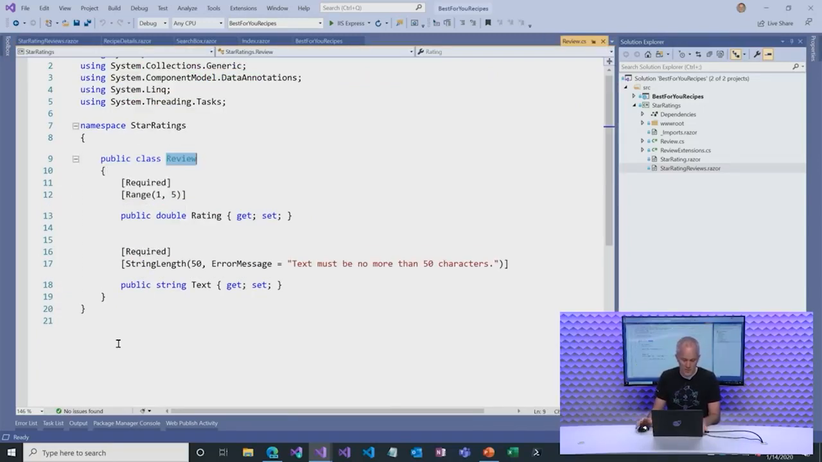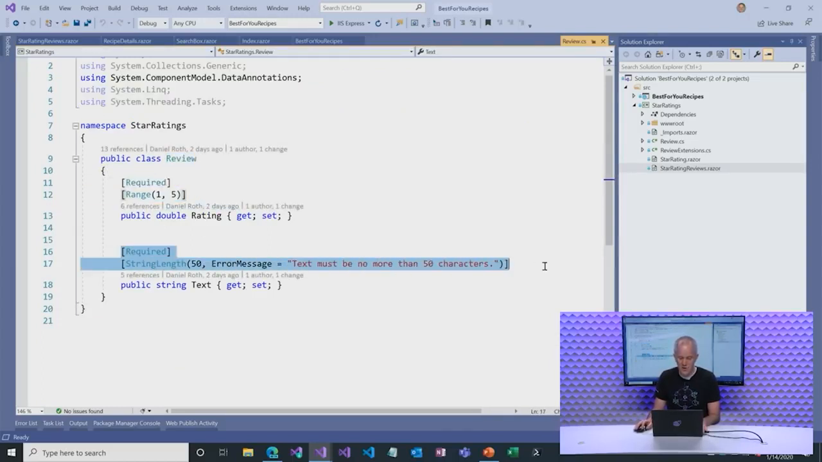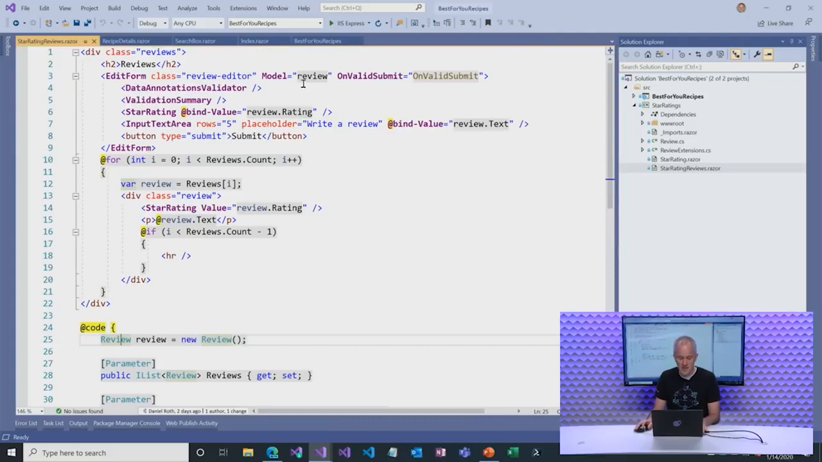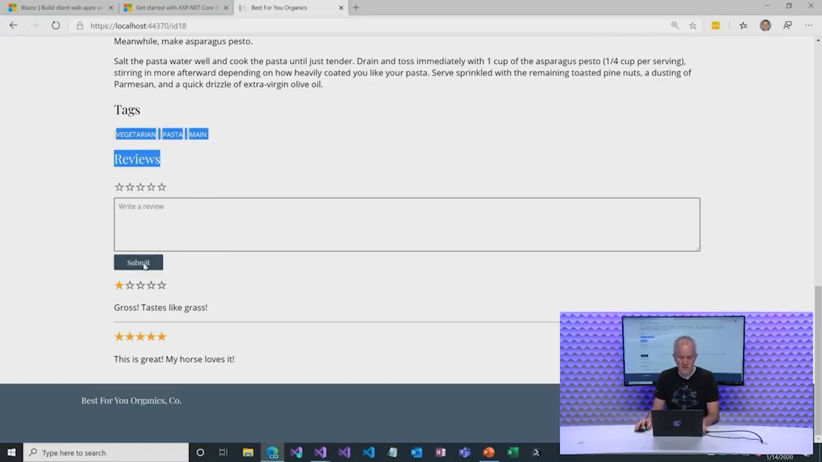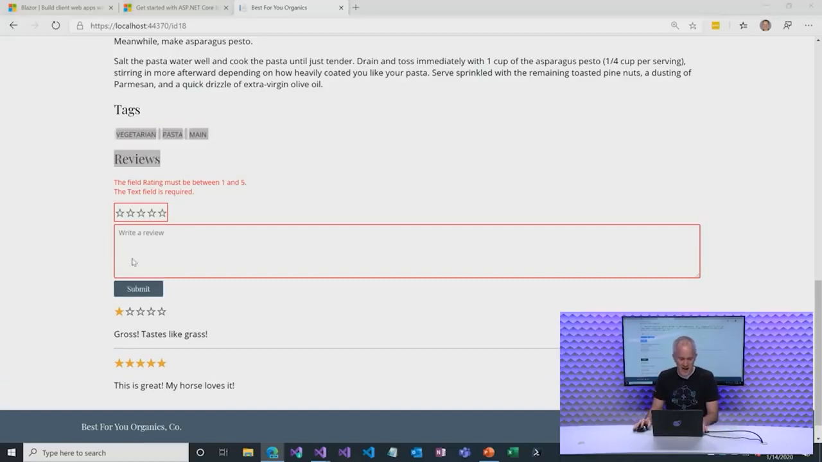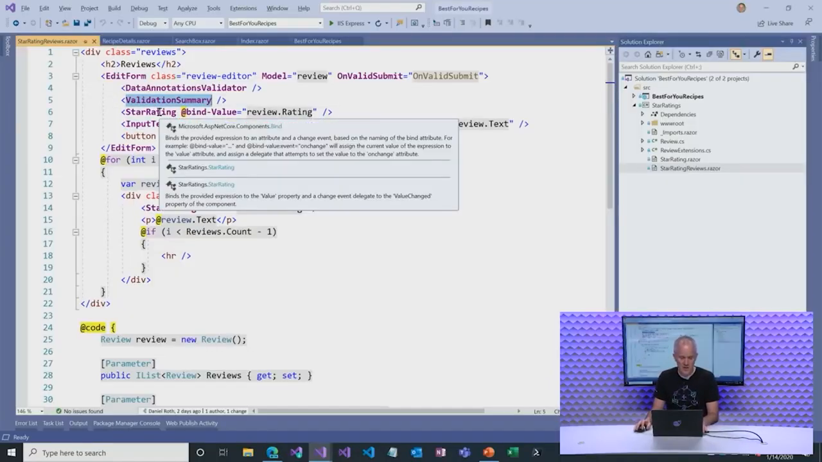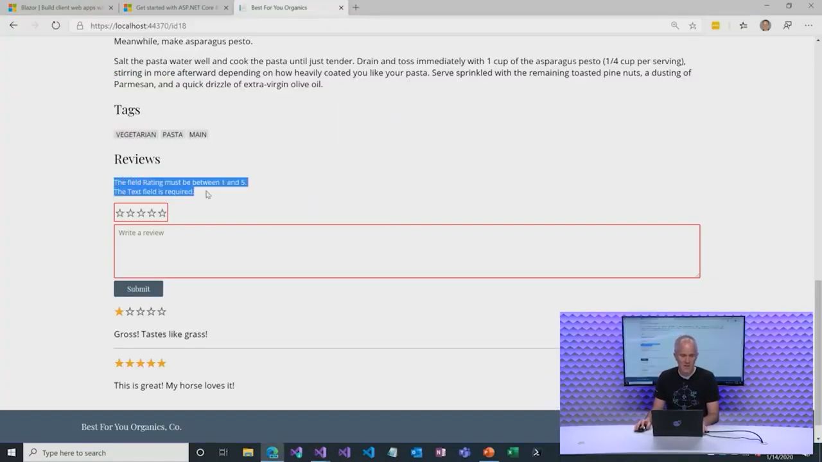And on the review type, if we go look at it, the review type has normal data annotations to specify that these properties are required and putting limitations on their range and their length. Standard data annotation stuff. We then have that star rating component, so the user can specify what star rating they want to use, and then the InputTextArea component. So if we go back to the form, if we try to submit this form, for example, without any content, validation kicks in, and you saw there was this validation summary component that then displays all of the validation errors